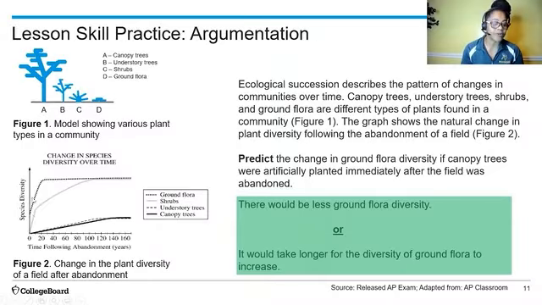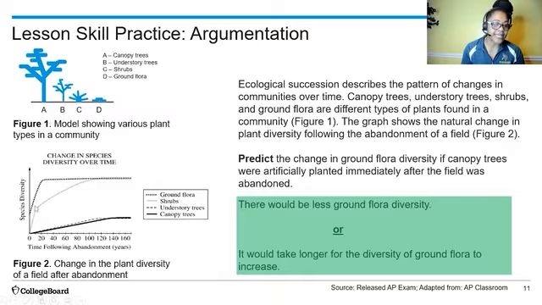And that's why you see on this graph, if we look at the 0 to 20, when the canopy trees are still low in number, that gives the ground flora an opportunity to have exponential growth. However, if we were to artificially plant trees, which means we're planting these mature canopy trees in the environment immediately after the abandonment of the field, then they will be cutting off some of the main sunlight that the ground flora would need to actually grow.